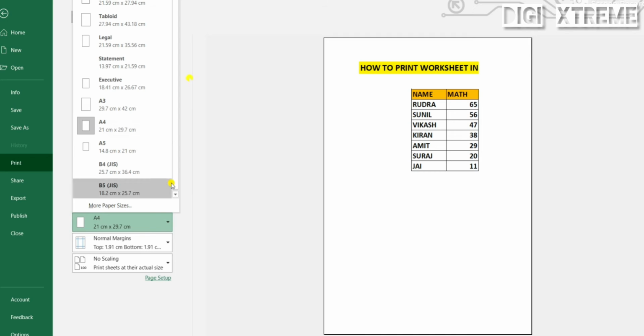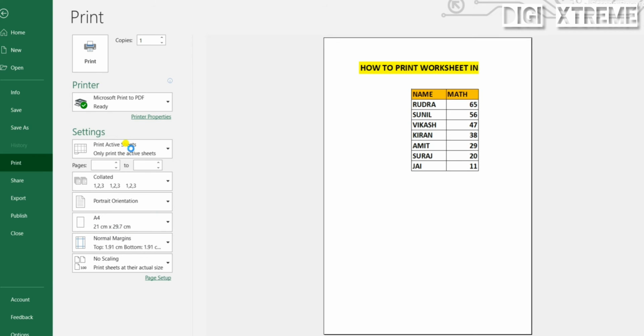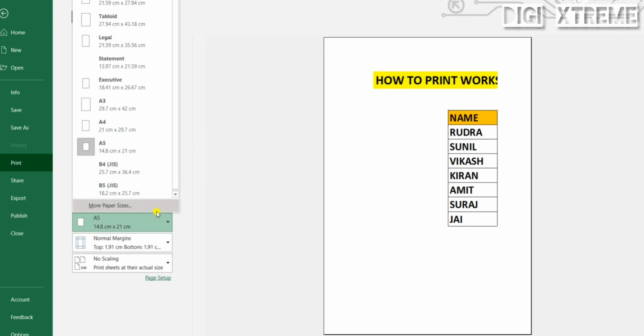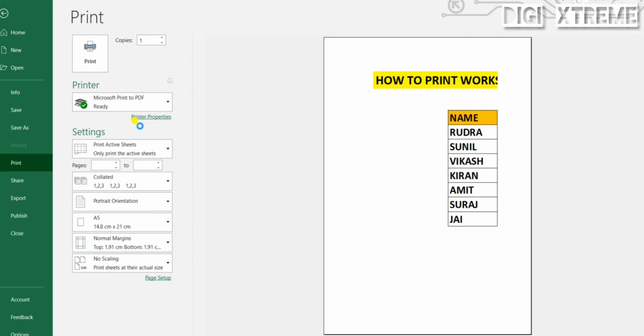See, there are so many options for how you want your printout to look. Let me try making some changes. See, it got changed. Mostly A4 is used.